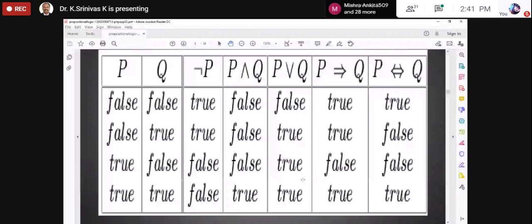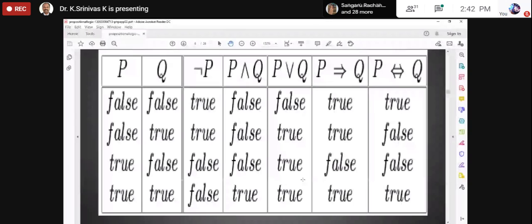True implies false. You have given money to your friend, but your friend said no, I have not received the money. Even if you go to 100 people, your friend will say no, I have not taken money. You have given, that is true, but he says you have not, so false. True and true. You have given your money to your friend, and he says yes, he has received it. Then true and true is true. The action will be performed.